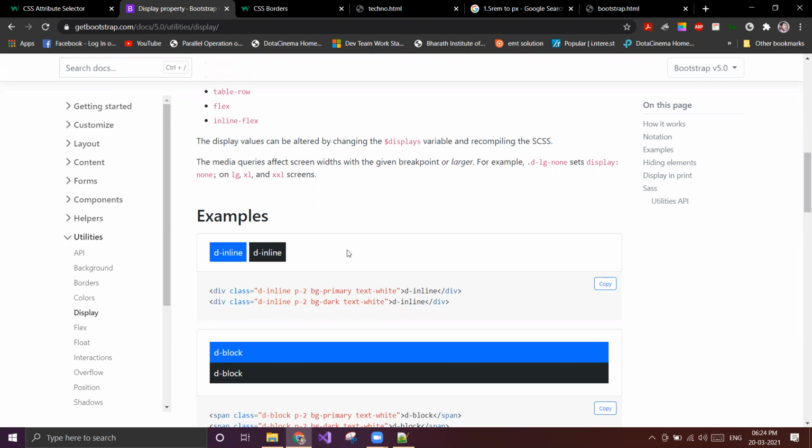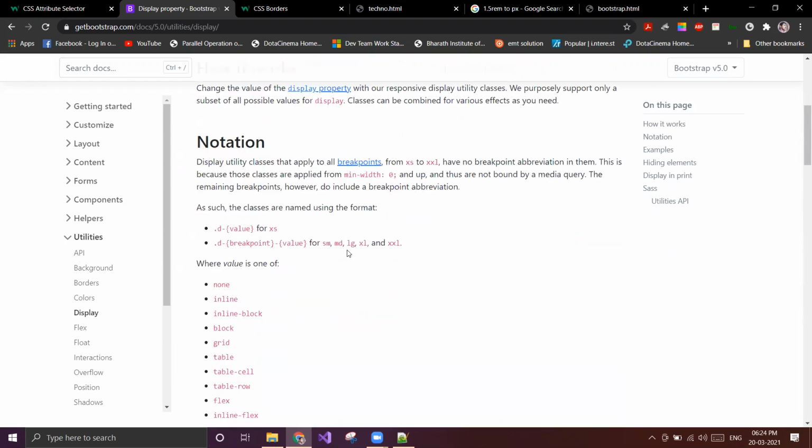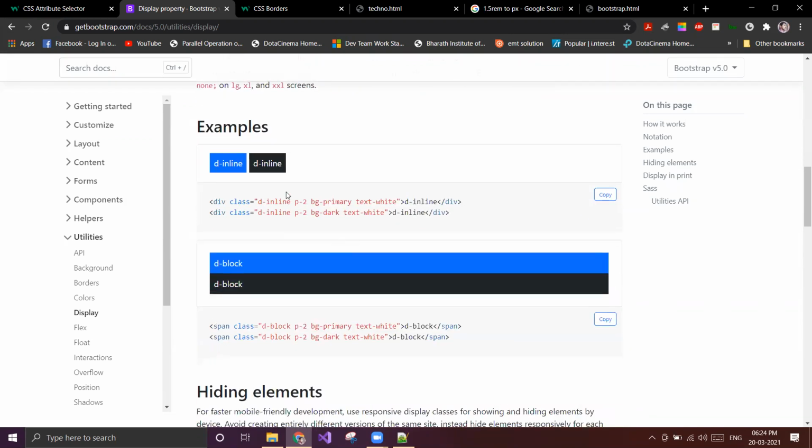Okay. So how to use these display properties in Bootstrap? So what we have here? D inline. That means display inline. So to write display flex, what will you do? D hyphen flex. D hyphen flex space justify content center. Enough.